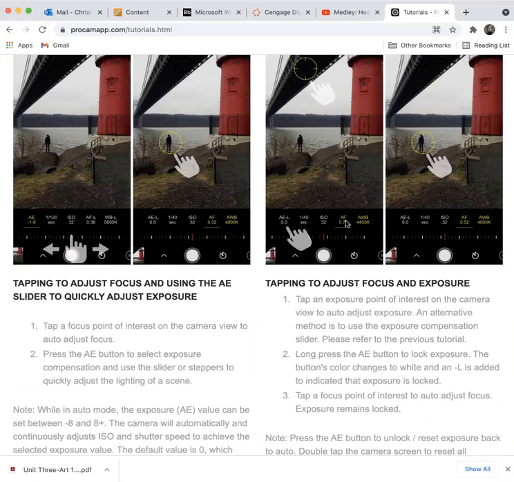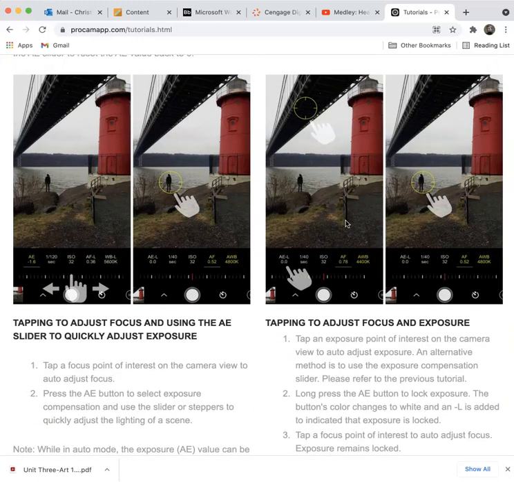Here, this is a cool one too. It's adjusting focus. So that would be AF, autofocus. Here it shows autofocus. Here it shows the autofocus has been locked. So if you want to change the thing that your viewer is going to focus on, maybe you want it to be the person, like in this image. Maybe you want it to be the lighthouse. Maybe you want it to be on something else. So you just click on it